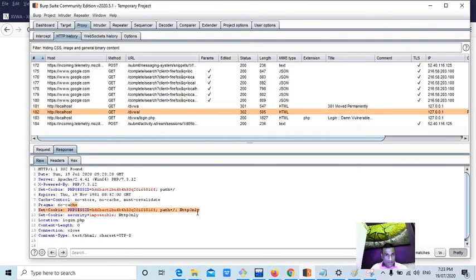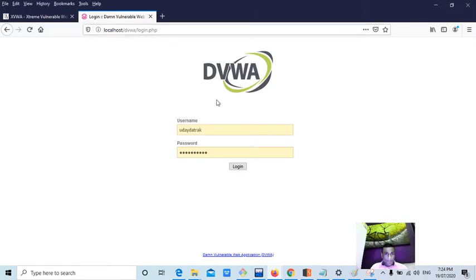It was setting the HTTP only word for the session ID. So since it is set, this particular session ID value cannot be read if the application is vulnerable to cross-site scripting. As I said, it will be blank.